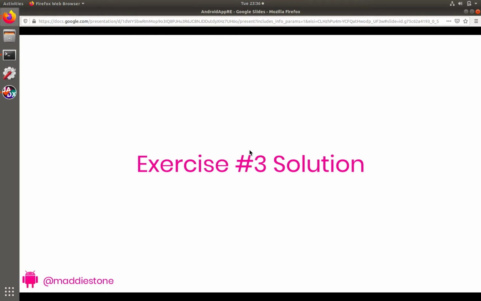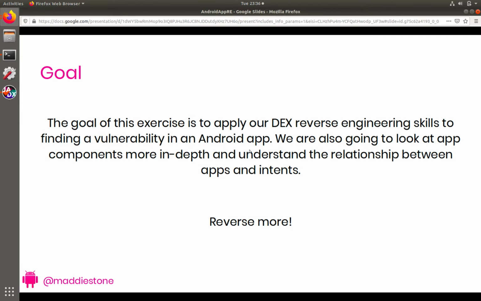Hi, and welcome back to exercise number 3 for the Android app reverse engineering workshop. For exercise number 3, our goal is we'll just keep practicing our DEX reverse engineering skills. The more you do it, the more patterns you see, and the easier it gets to continue reverse engineering more